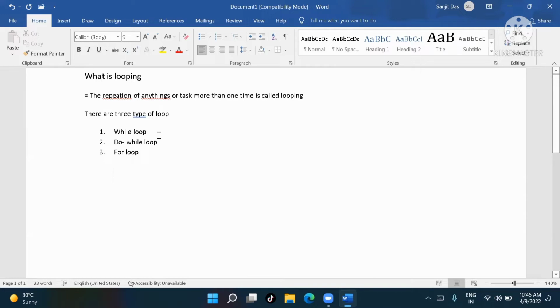Now we should understand what is a while loop first. While loop is a pre-tested loop.